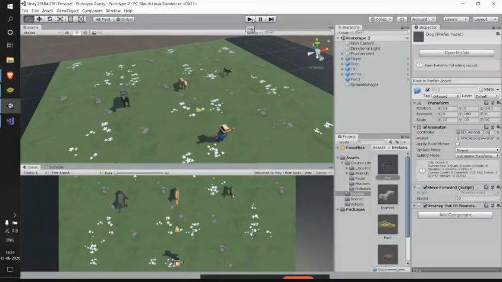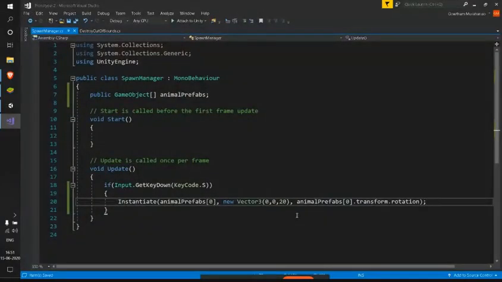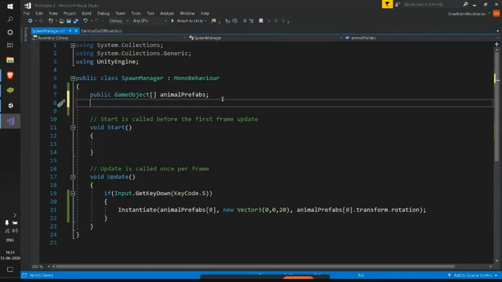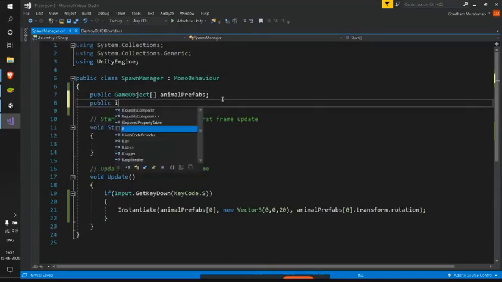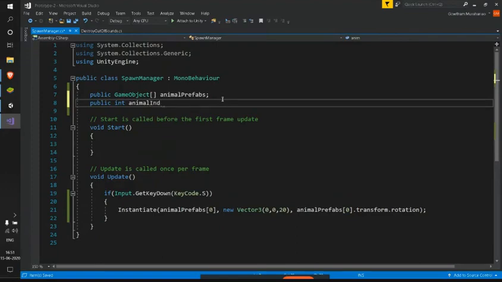So let me get back to my script here, and see here we have fixed our number as 0. Instead of this, let me just create a public int animalIndex variable. You may wonder why I have used the data type int here. That's just because array indices will be integers themselves. So as we have 3 as our array size, the index values it can take are 0, 1 and 2.